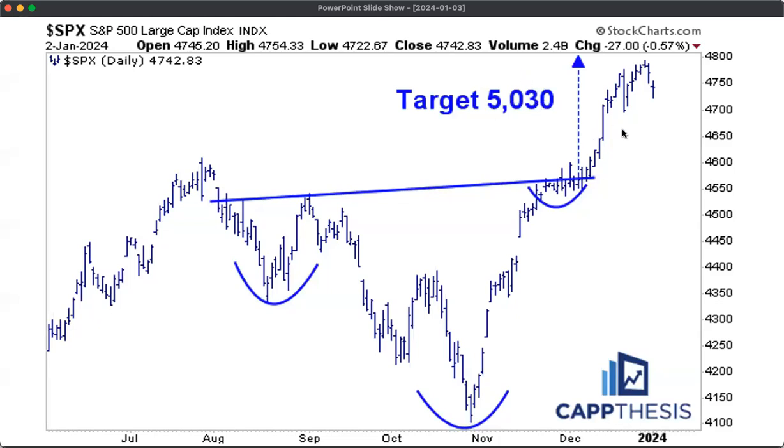Now, we have to be concerned that that may not happen. But considering the big run that we've had, the market can really make a higher low anywhere in here, and then start to construct an even bigger pattern that would potentially come into play later in the quarter, maybe into the year. So that's the scenario I'll be watching for over the next week or two.